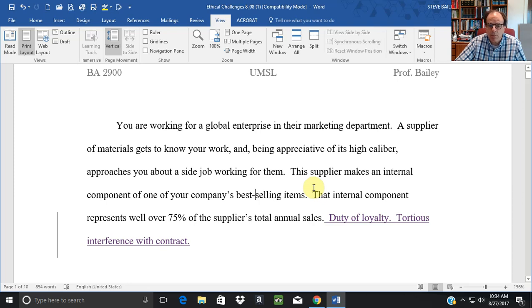Kind of interesting that they're interested in me working on a side job. That internal component represents well over 75% of the supplier's total annual sales. All right, so let's unpack this a little bit. Is it possible that they want to do kind of Chinese invention on this? We're just going to copy your item, and since you're in the marketing department, you've got the customer lists. Those are one of the most valuable things any